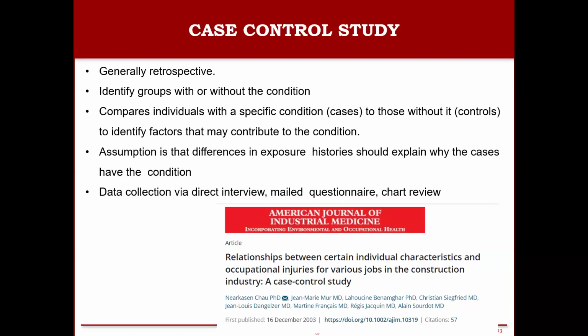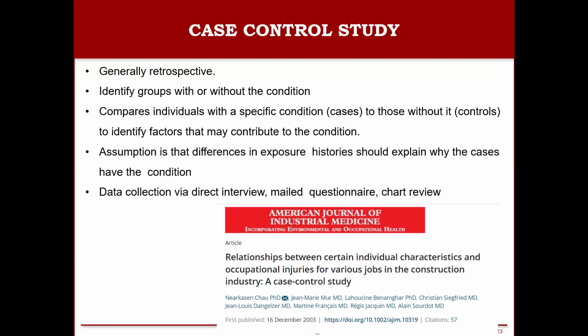We are trying to identify the factors that may have contributed to the development of a condition or, let's say, a disease, right? So we analyze the data from the past, and we use the records, or we conduct interviews in order to gather the information about the outcome and about the exposure as well under case control study. So in a case control study, we have two groups, right? We can identify two groups, case and the control. Case group and the control group.